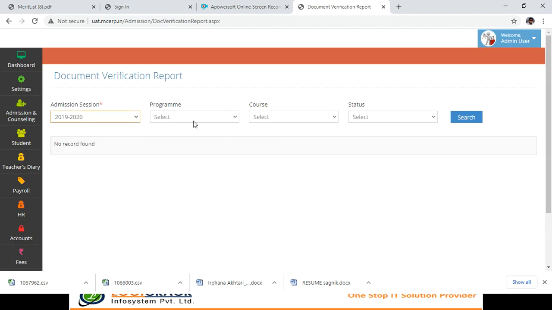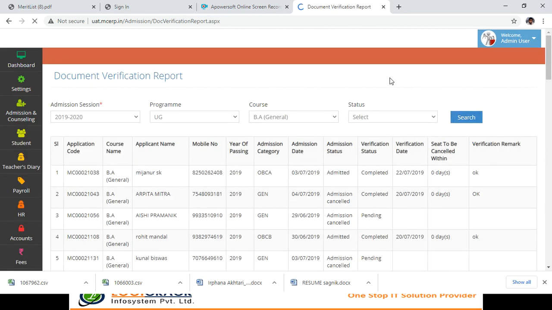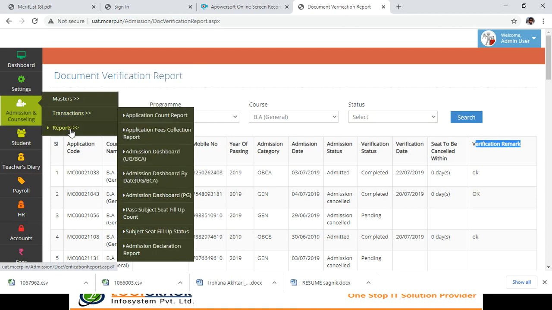And once the applicant takes admission, their document is verified by the college authority, and a document verification report is submitted. The document status can be multiple. It can be pending, partial verified, failed, or completed. Once an applicant's document status is completed, he can then actually become a part of the college, and he will become a student and move on to the students management system. Then he will move on from the admission module to the students management system module.